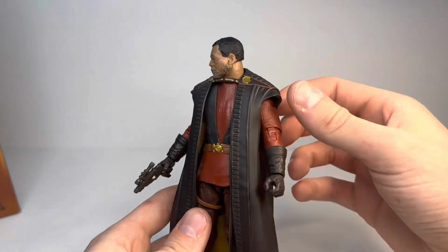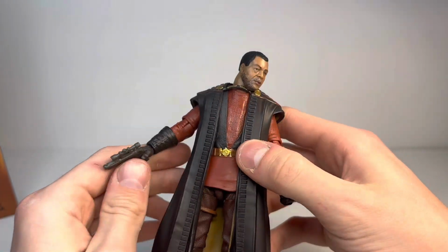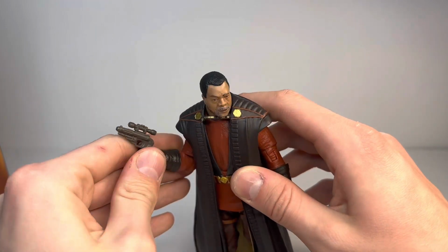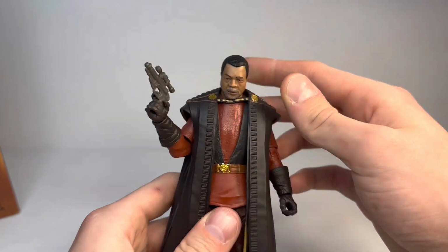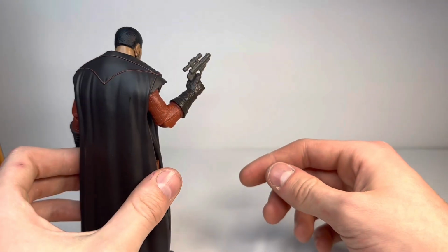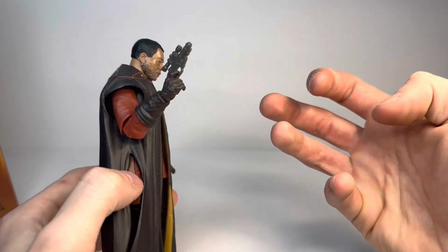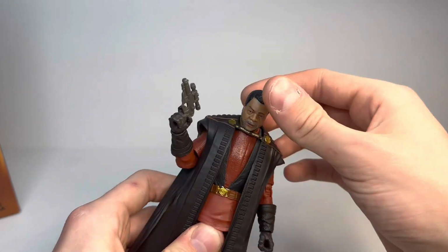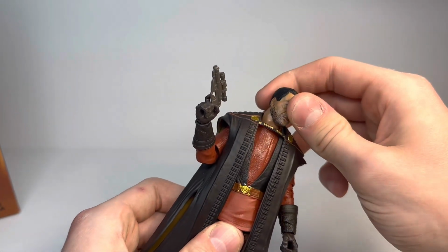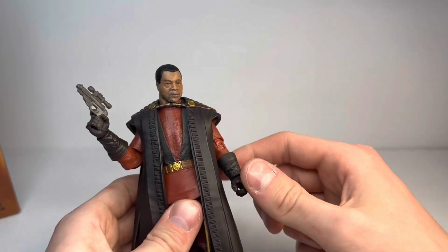Hey everyone, today I'm coming to you with a review on the brand new Star Wars Black Series Mandalorian Season 2 Greef Carga, or Magistrate Greef Carga. Now this is a very interesting outfit that was, I think we can say, necessary to have in the Black Series line, but it's also one that we didn't really need because the first Greef Carga, if y'all remember,